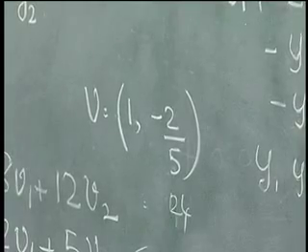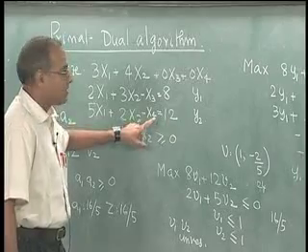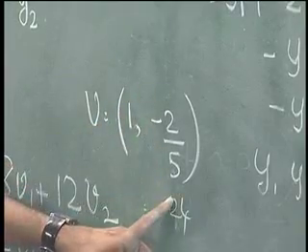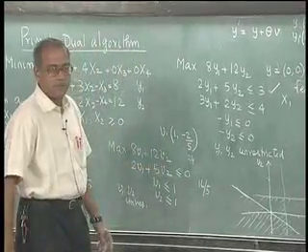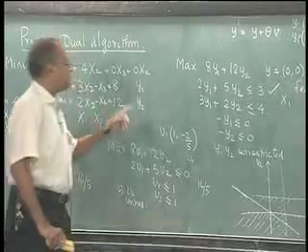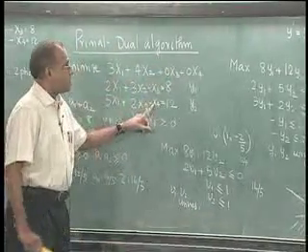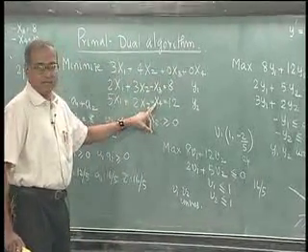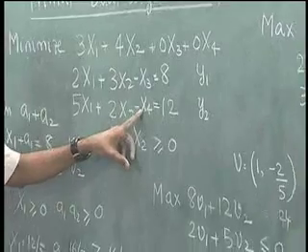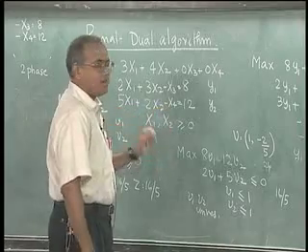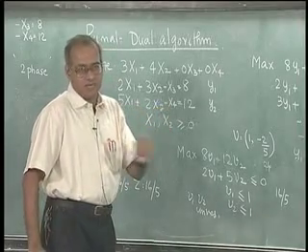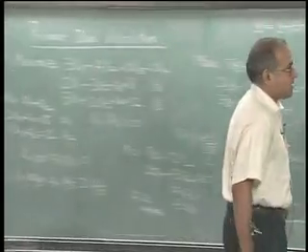Now for the fourth one, 0 minus 1 into 1 minus 2 by 5 is positive. So you get 2 by 5 here, and this is minus 3 by 7. So we get C minus y a j, 0 minus minus 3 by 7 is plus 3 by 7